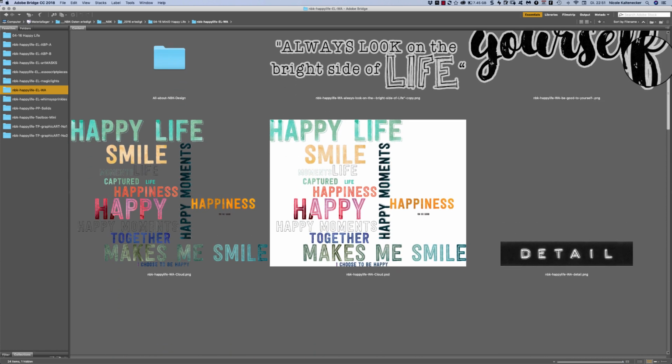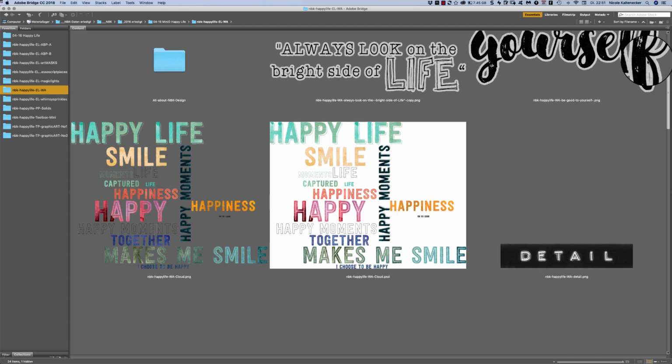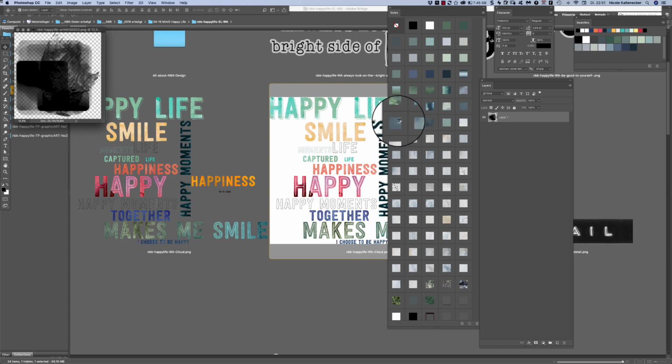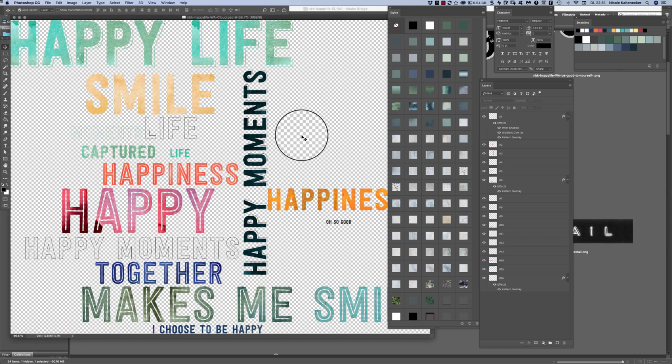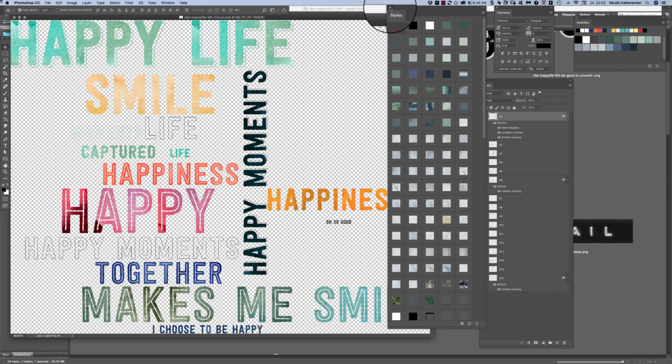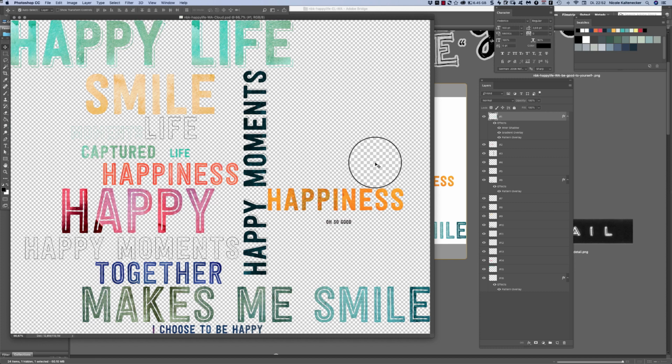You get very positive word arts here, and you get a PSD file here. This is the cloud word art. Just open that for you, and as you can see, on each layer, each word you can move around if you like, and you can add styles of your liking. You can